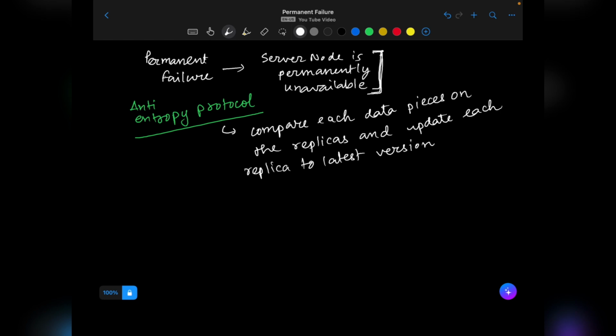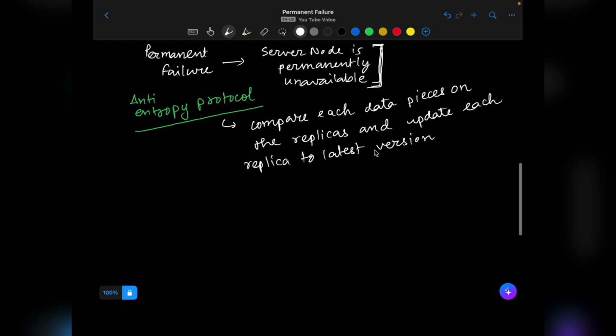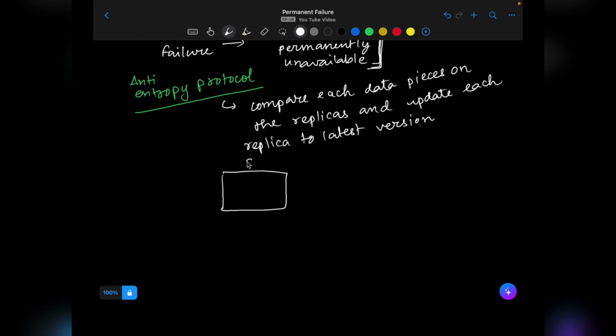So let's understand this with an example. Say suppose I have this server 1 and server 2. Server 1 holds data from key 1, key 2, let's say key 8, key 9, key 10. And S2 holds key 1, key 2 up till key 8, and it is down before key 9 and key 10 have been written into S2. So what our anti-entropy protocol says is that S1 and S2 compare each piece of data, and detect that